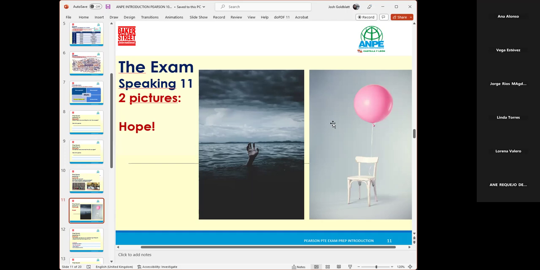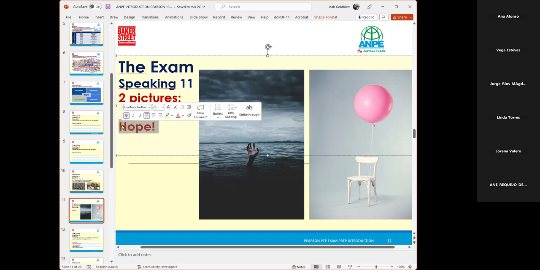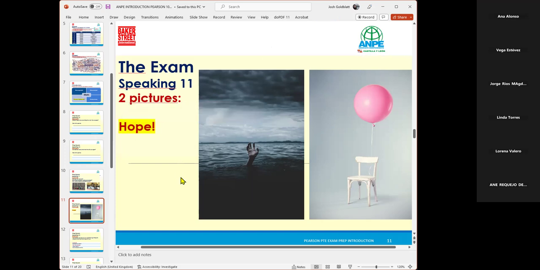Excellent. Welcome. Okay, so if I said we're going to give a title to one of these two pictures, and the title is Hope. Which do you think, which picture, the first one or the second one, gives us more of a feeling of hope? What do you think?